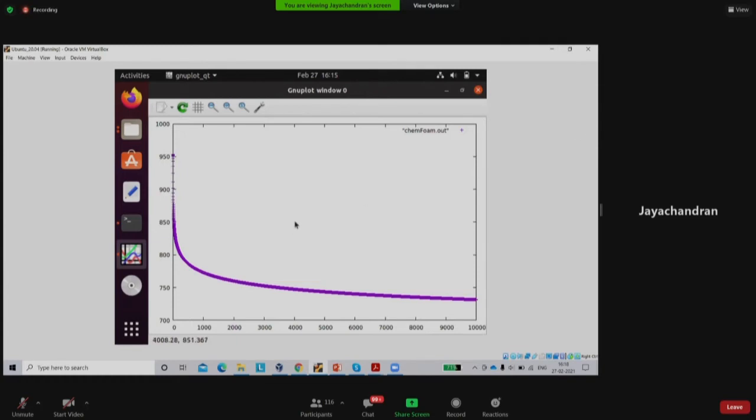You can give some methane combustion, CH4 plus O2 gives these final products. So you can try something like that, the basic single equation models, and get familiar with this particular solver. If you want to save this file, you can just export it to PDF or export to image, anything will work. So is everyone able to visualize this plot or not?